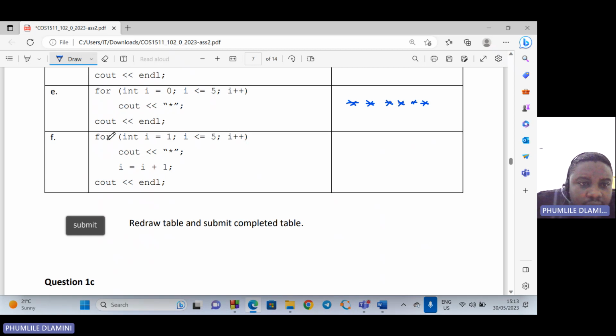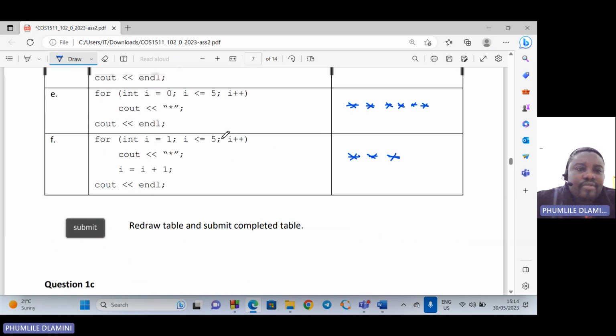So for int i equals 1 and i is less than 5, this one is going to start with print star 1. Then it's going to say is 1 less than 5? True. Then it increments, 1 plus 1 is 2. Then increment again, it goes to 3. Is 3 less than 5? True. Then it increments to 4, then again to 5. Is 5 less than 5? No. Then we are done with question